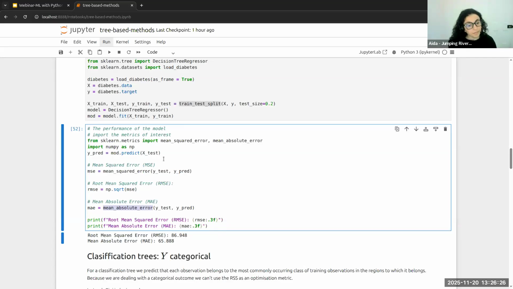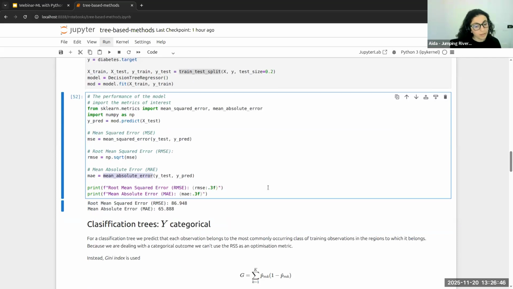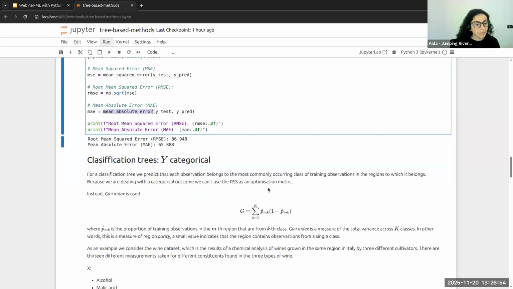And we are going to discuss the limitations that the regression and classification trees have and why we need to use more advanced methods rather than just these simple techniques. And so, yeah, I was going to talk a little bit about classification trees, which is fitted when my y variable is a categorical variable.